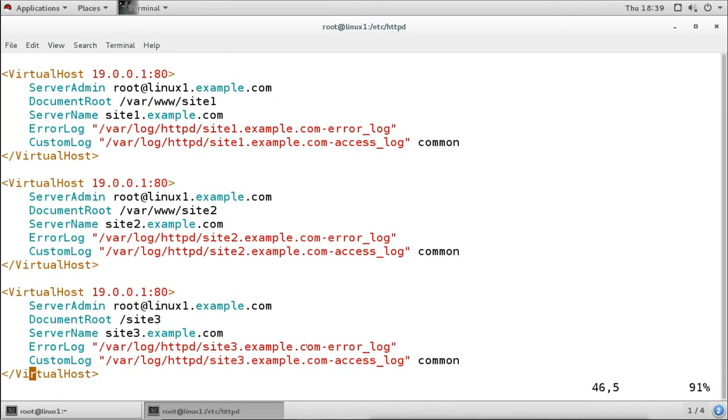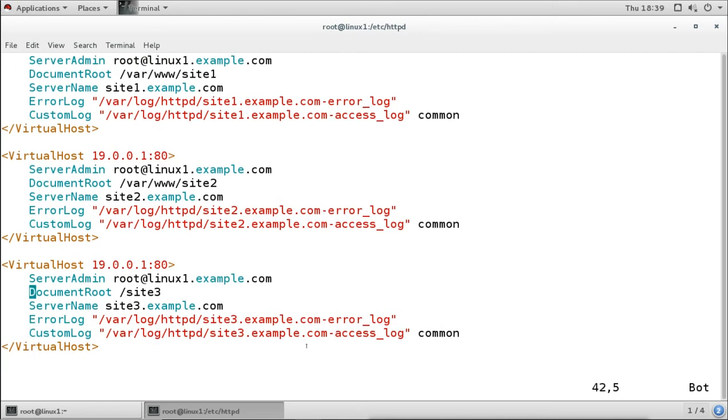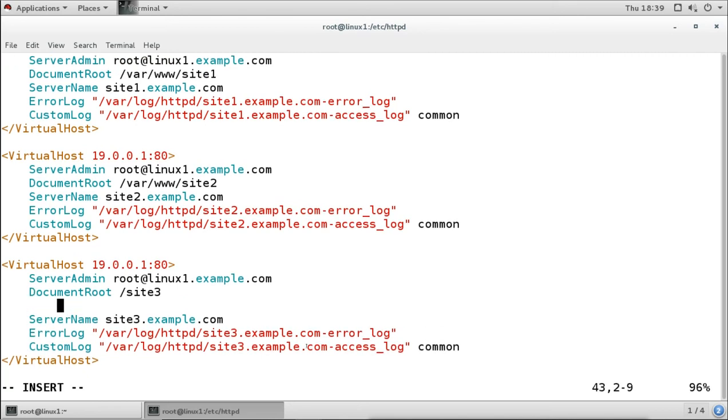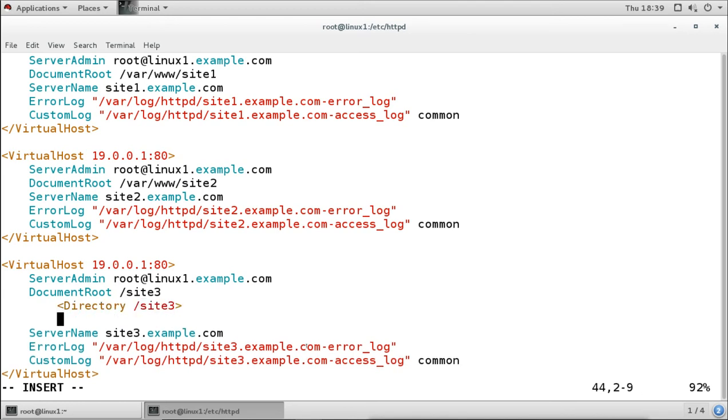So here you have to add the directory syntax, like Directory open, and then you have to mention the path and name of that directory. Then you have to add options. If you want to add, I am saying none.